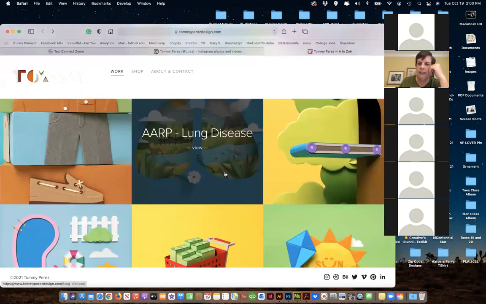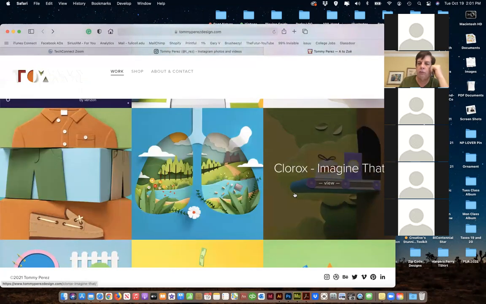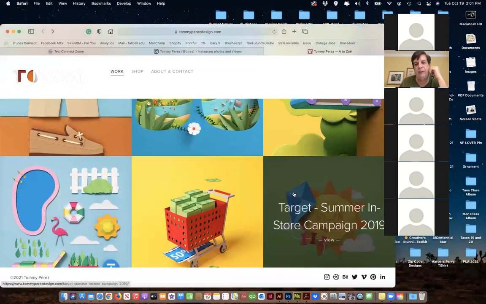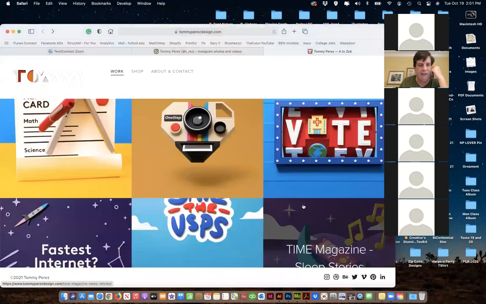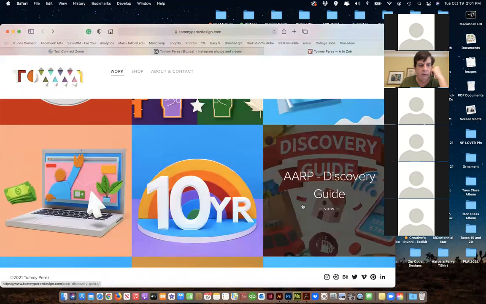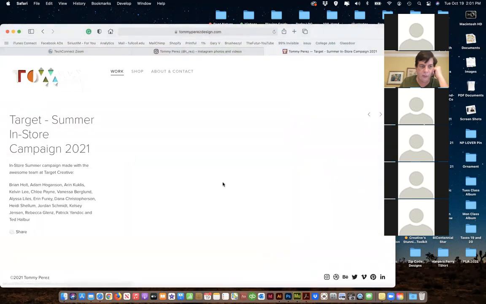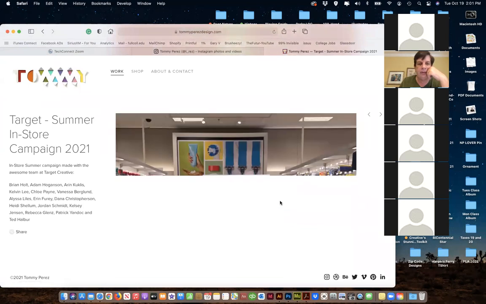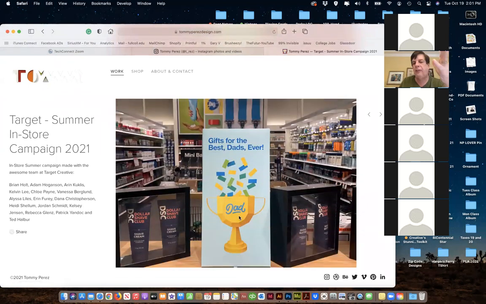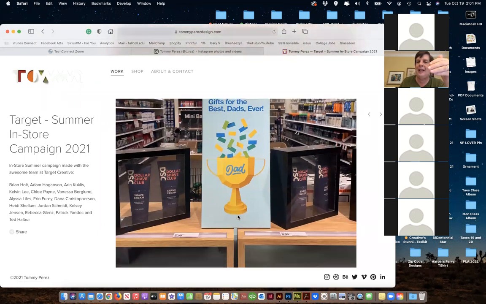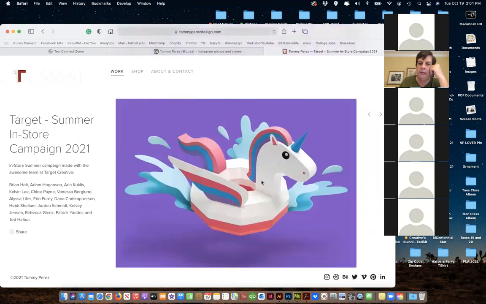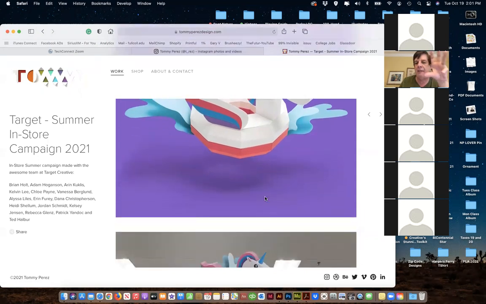And since then, he's grown it into a full-time gig. Like I said, he does work for Target. He did work at Facebook for a while. Last summer, you probably saw his work. If you go to Target, this was his 2021 he did. So he builds this stuff and he takes photographs, and then they start applying it elsewhere. Okay. Father's Day, unicorn floaty. This is really made out of paper, and then he photographs it.